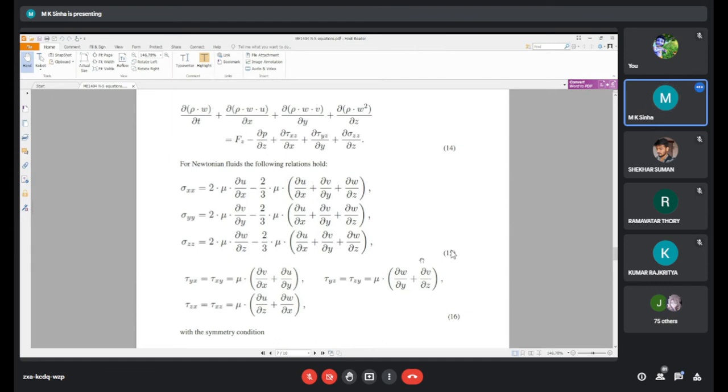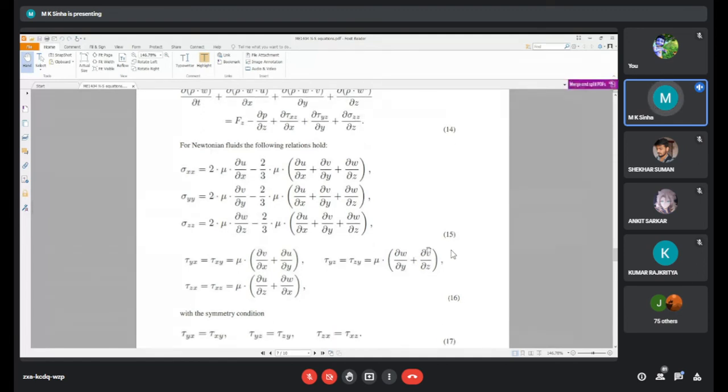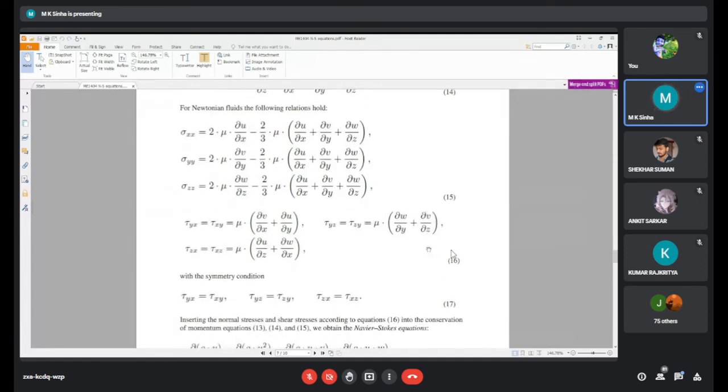Similarly, we can write mu times del/del z of u plus del/del x of w. And again, I am telling you this is valid for the reverse of the stresses as well: tau xy is equal to tau yx, which means symmetry. So these are certain assumptions and conditions we are imposing to find the solution of the